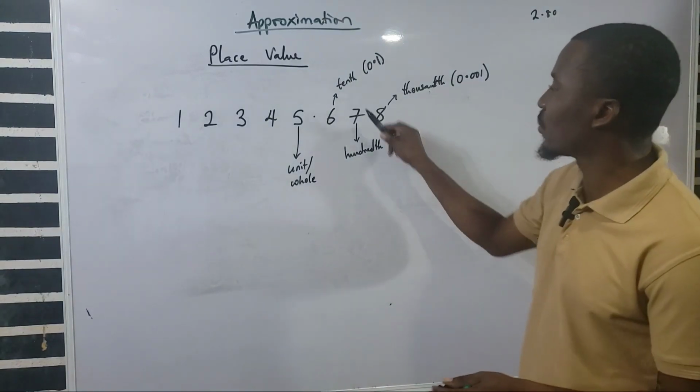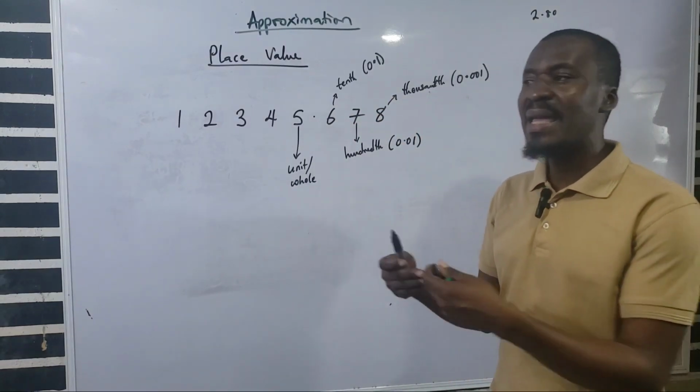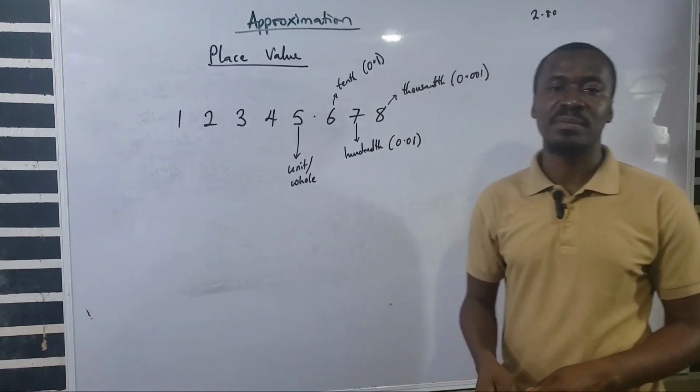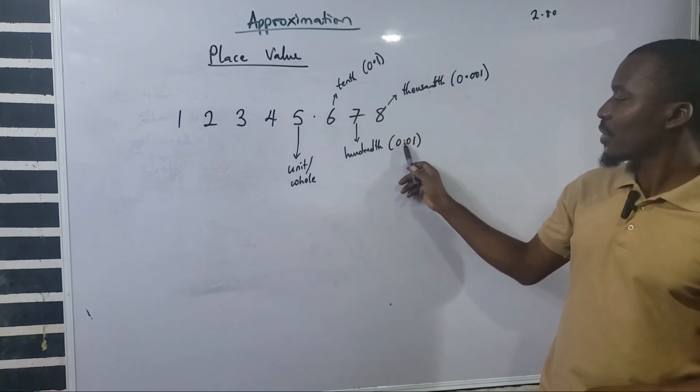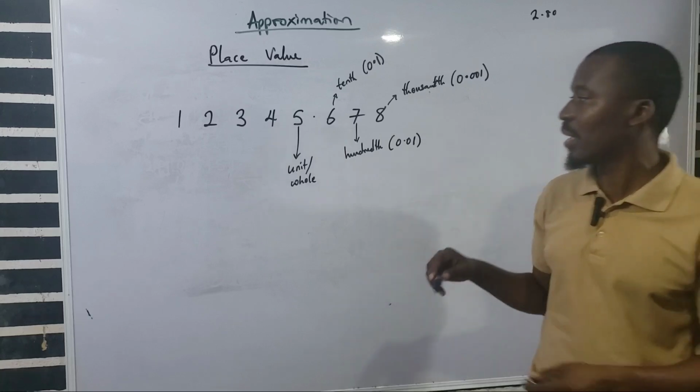Because sometimes they will not tell you to approximate to the nearest tenth. They will ask you to leave your answer in the nearest 0.1. That's tenth. 0.01, that's hundredth. 0.001, that's what? Thousandth. Okay. Now coming to